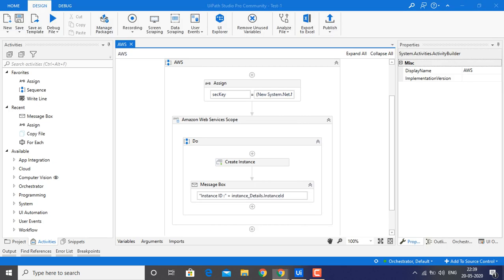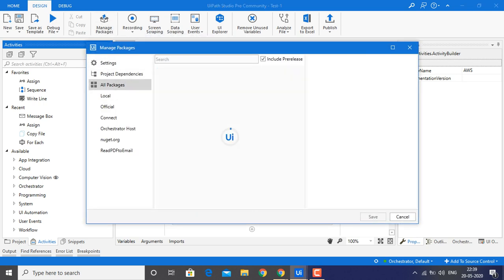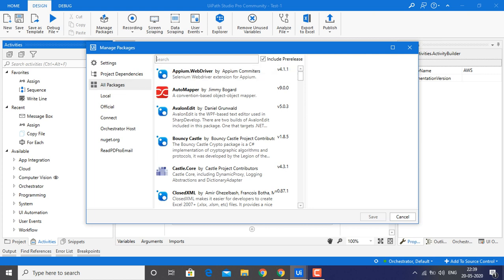Firstly, you have to install the AWS package. I will show you in all packages. Search for AWS.